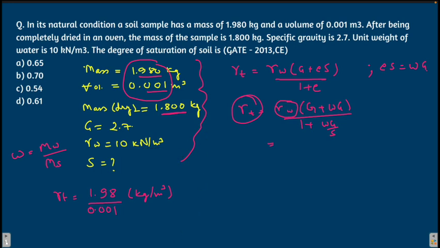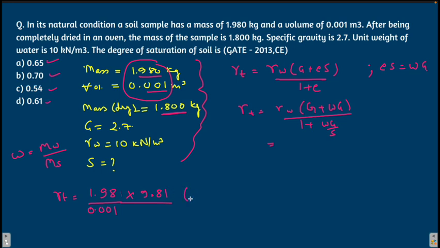They cannot be in different units, and this is the most difficult part, and people tend to make mistakes here only. It is given in kg per meter cube, you have to convert it into kilonewton per meter cube. How to do that? So this is kg per meter cube. For converting it to Newton, you have to multiply it by acceleration of gravity. You can multiply it by 9.81 or you can multiply it by 10 also. It's not given, but if you want a more accurate answer, then you should multiply it with 9.81.